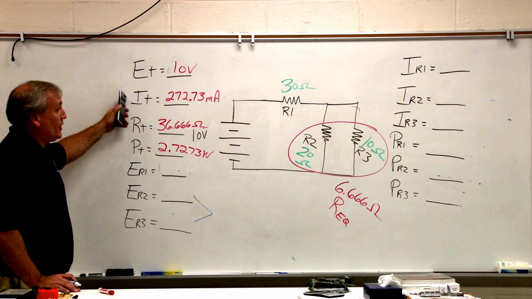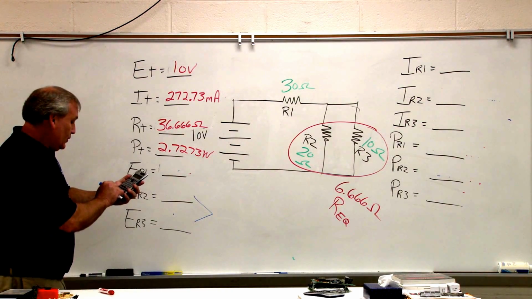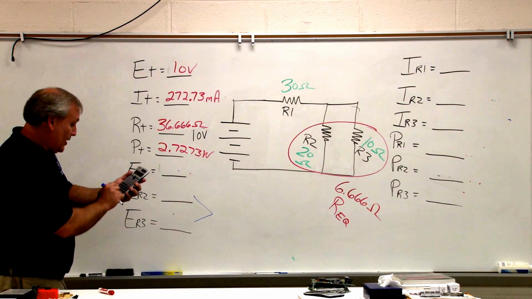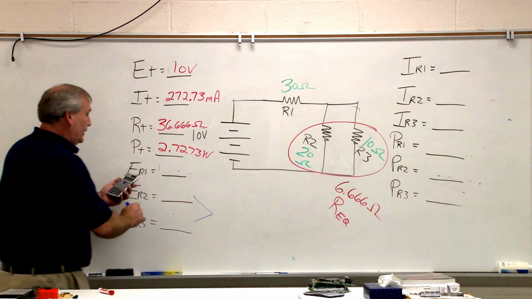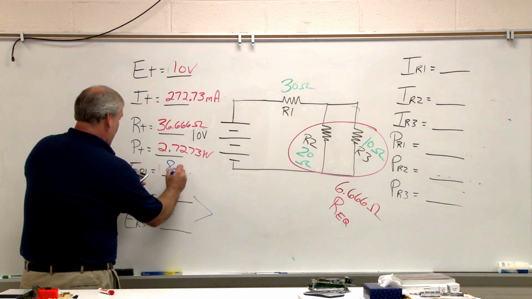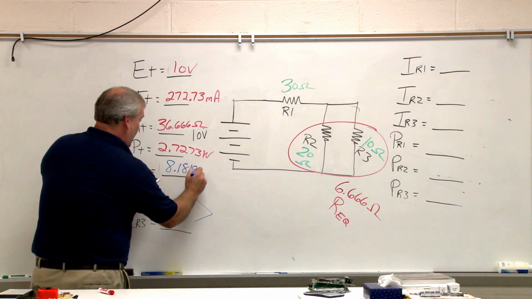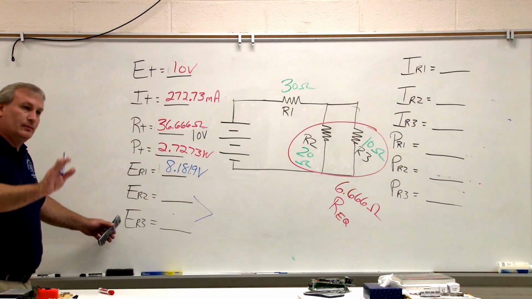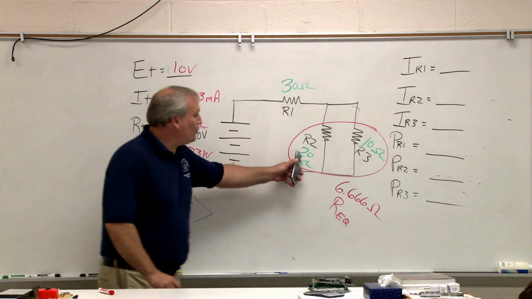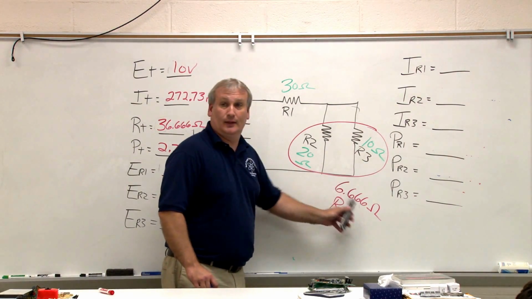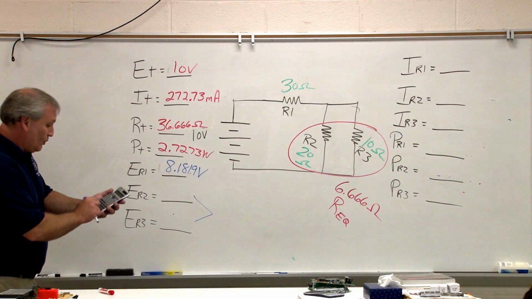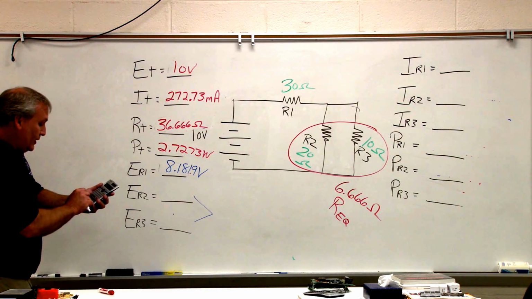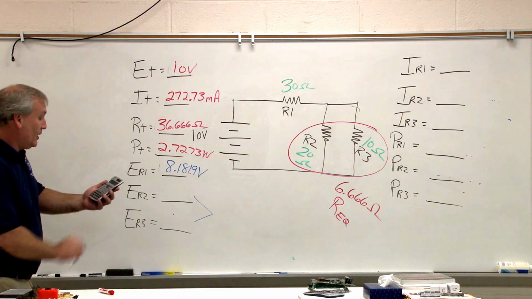Value of IR1, which is I total, because current's constant. 272.73 milliamps. We're going to multiply that by our 30 ohm resistor, and we are going to come up with 8.1819 volts. ER2 and ER3. This is where some people will make a mistake. Do not use these resistances. We're going to use our equivalent, 6.666 ohms. So we're going to take 6.666 ohms, times it by our constant current of 272.73 milliamps, and we're going to come up with